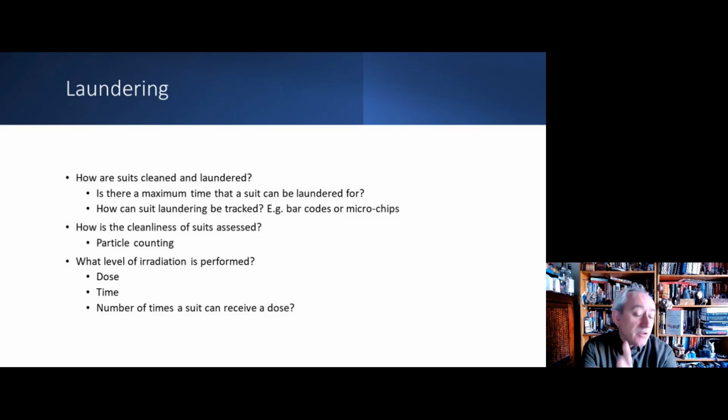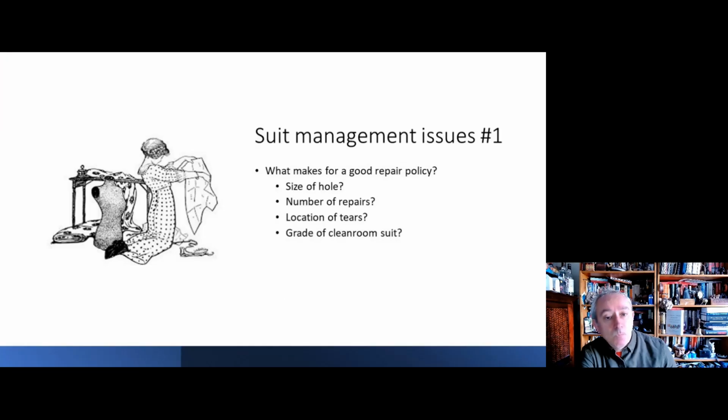And I said, we do have controls about how often the gowns are laundered. We're not going to keep on laundering gowns indefinitely, and we control that through having a barcoding on the gown, and we have strict controls over their use and sterilisation. We also focus on whether we allow gowns to be repaired or not, and in the aseptic filling suite that's